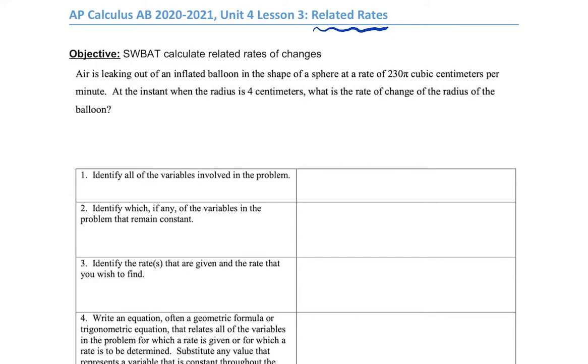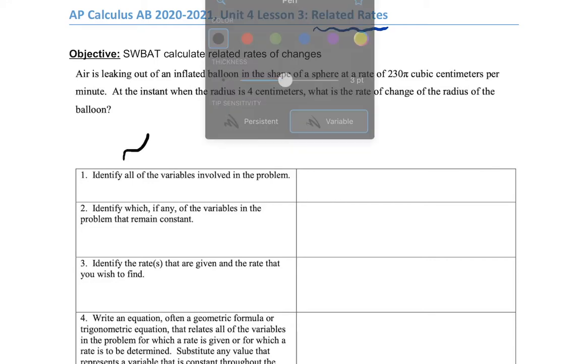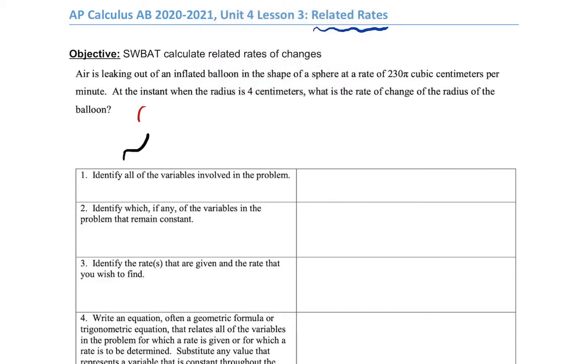So here we go. Air is leaking out of an inflated balloon in the shape of a sphere. Big key to these types of problems: draw yourself a little picture. Take 10 seconds, draw yourself a little picture to make sure you understand what's going on. We've got a balloon in the shape of a sphere, more or less, and air is leaking out of that balloon. Specifically, air is leaking out at a rate of 230 cubic centimeters